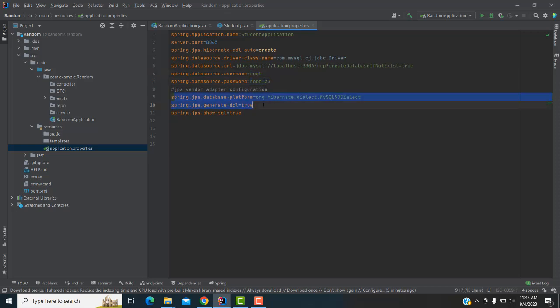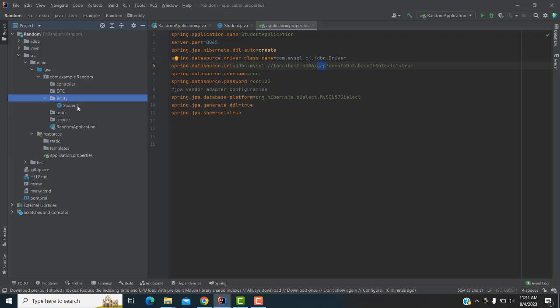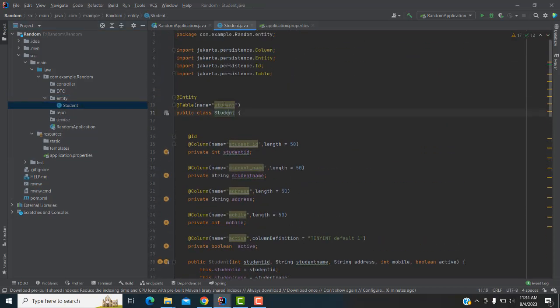Right. This is the JPA configuration of the Spring Boot application. This is the basic configuration part I have configured so far. Now I have created the database which is named grp. I have created a table schema as student, right? These are the table types I have created. Now I'm going to go to